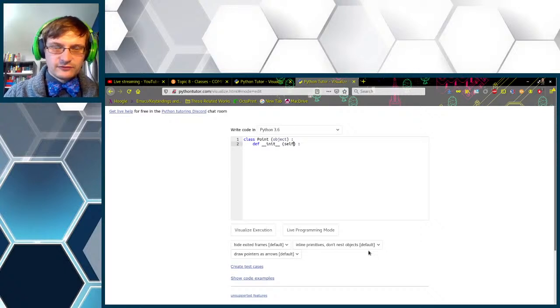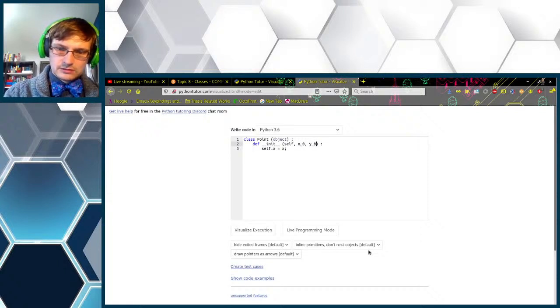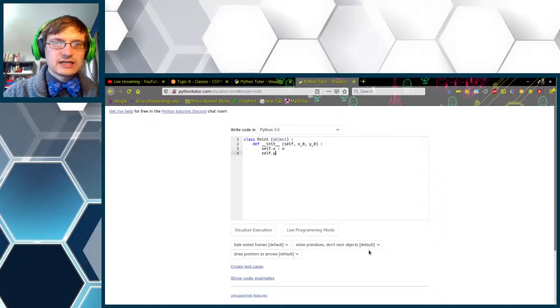So we're going to take self, we're going to take two coordinates, x and y. So we're going to have a self.x is equal to x, or we should probably name it something else. It might not have a namespace conflict. Self.y is equal to y underscore 0. There we go.